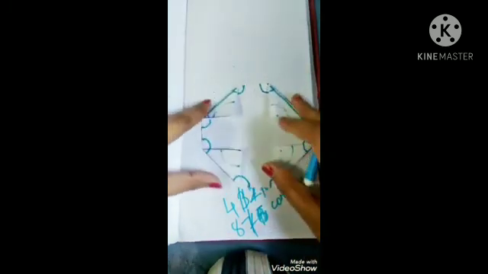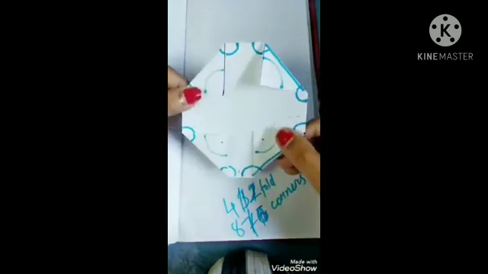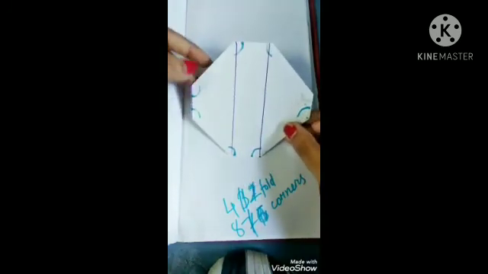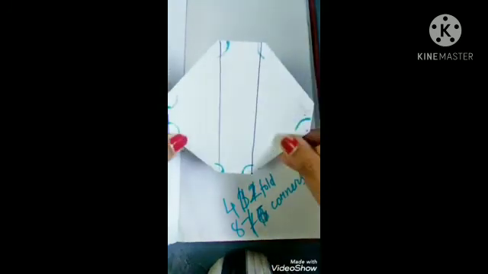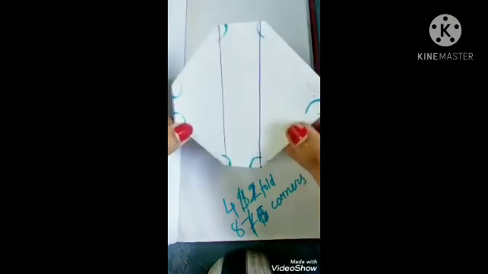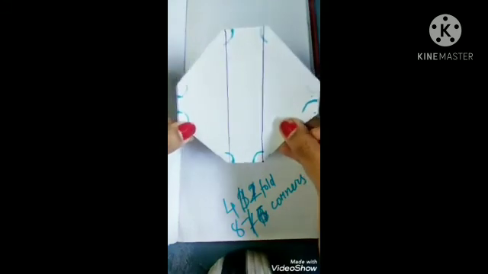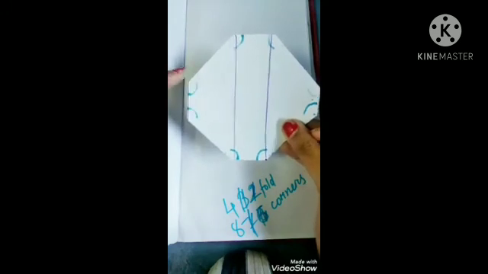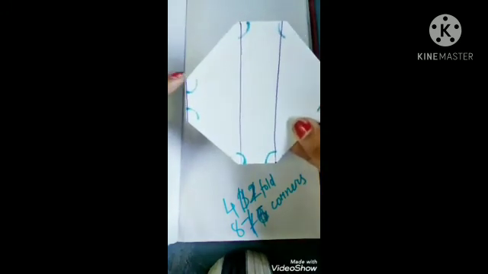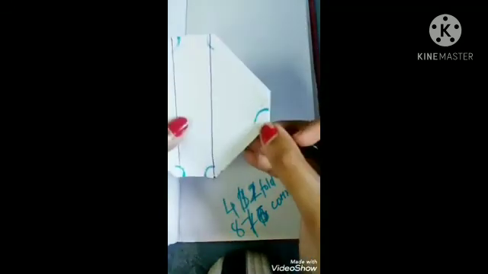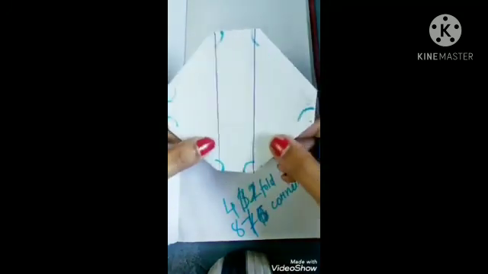So now you see the shape is completely changed, right? The shape is completely changed here. You can see here, it is getting a different shape, and that is why it is no more a square. Now it became another shape, and here you have 8 corners. 1, 2, 3, 4, 5, 6, 7, 8. Okay, 8 corners we are having.